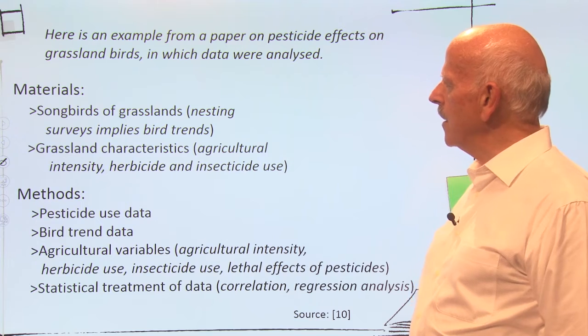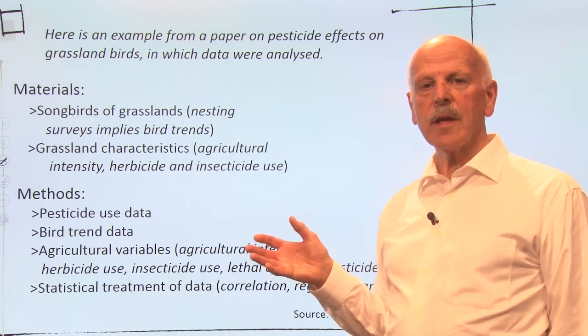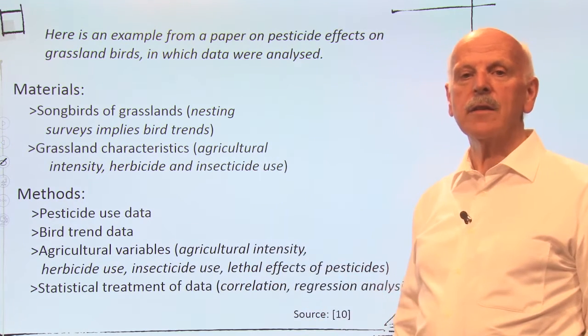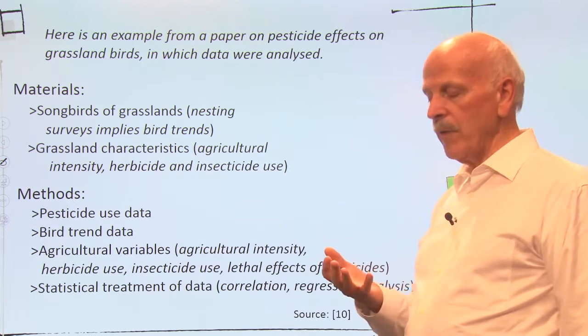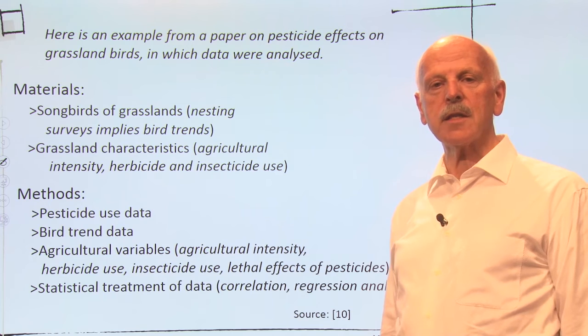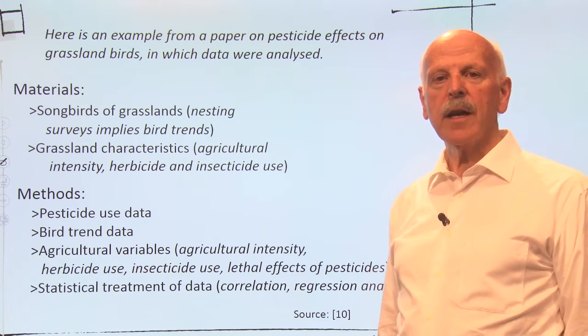Birds of the grasslands produce nests in the spring. Those nests contain a number of eggs. So we have immediately three pieces of information here. We have when did the nests appear, how many nests were there in a particular area, and how many eggs